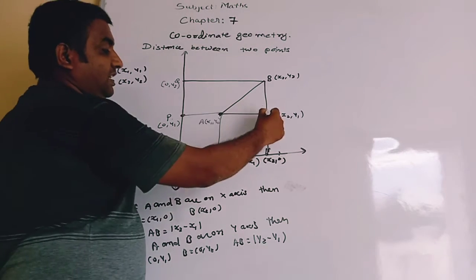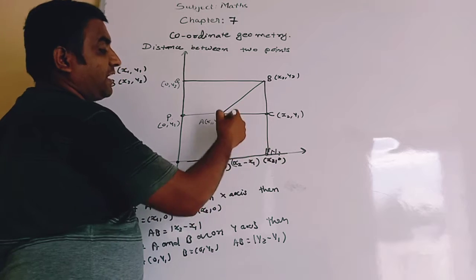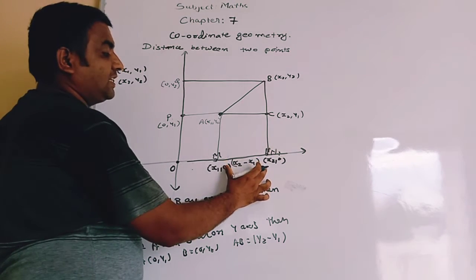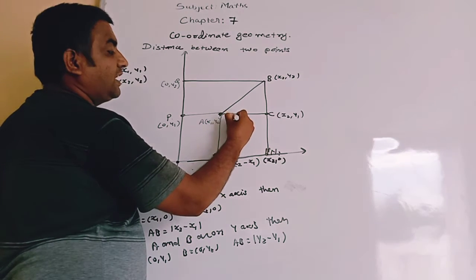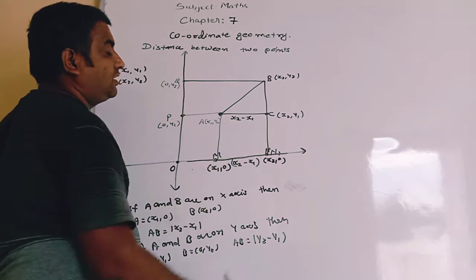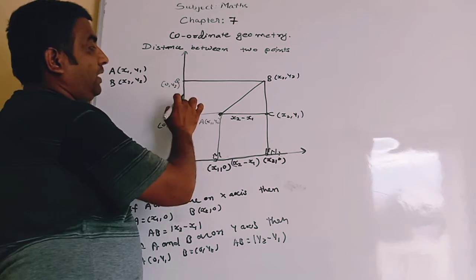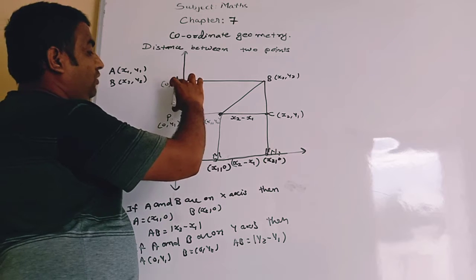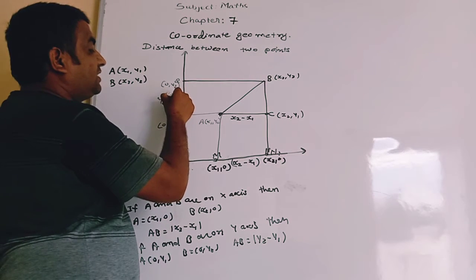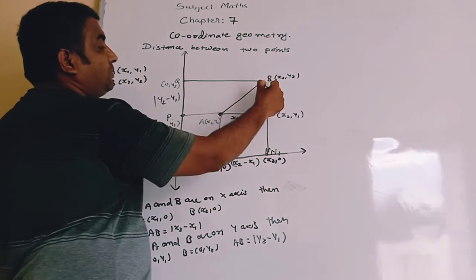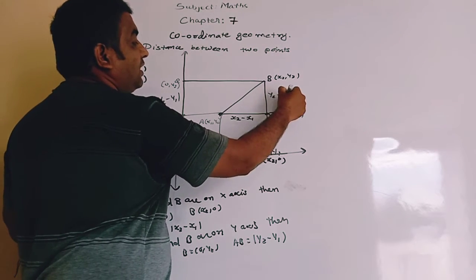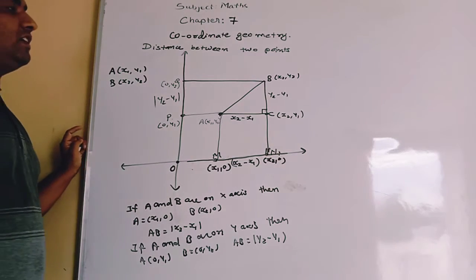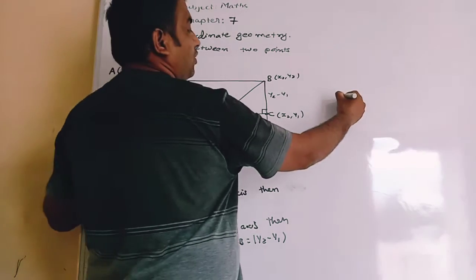Now ACNM is a rectangle. In a rectangle opposite sides are equal. So MN length is x2 minus x1, so AC length is x2 minus x1. Same way here PQBC is also a rectangle. So PQ length will be y2 minus y1 as it is on the y-axis, and so BC length is also y2 minus y1. Now AC is perpendicular, so triangle ABC is a right angle triangle, and so we can write by Pythagoras theorem